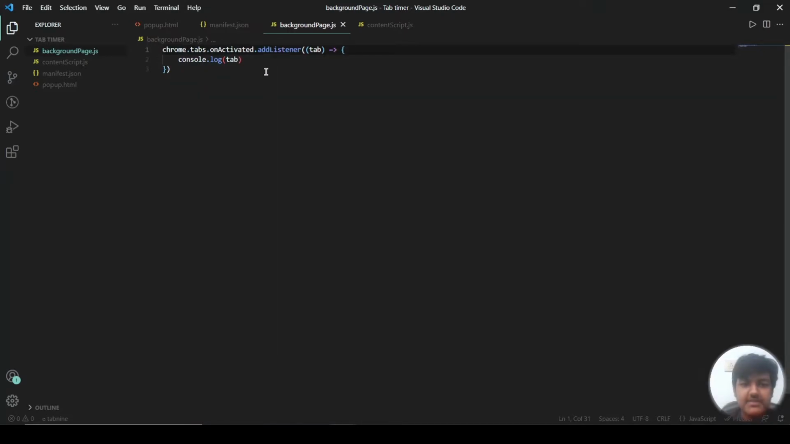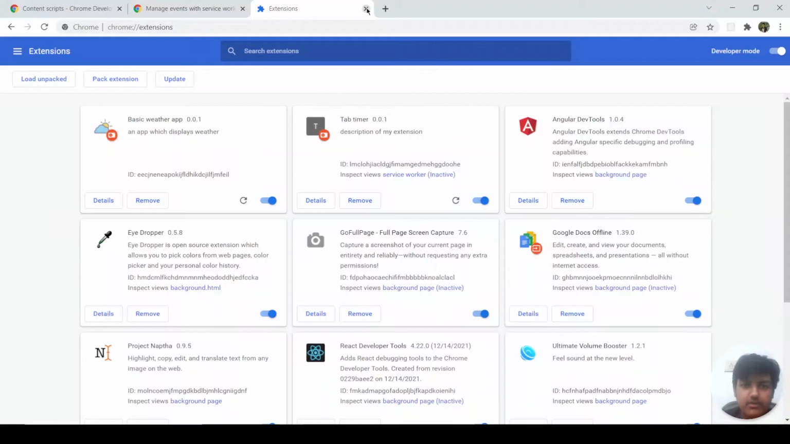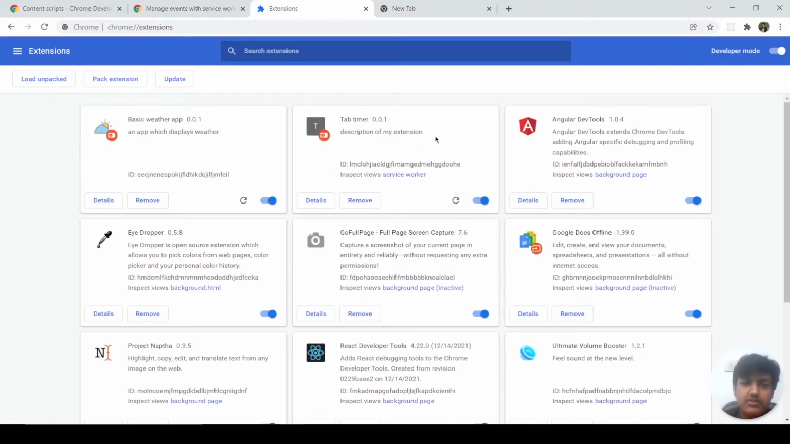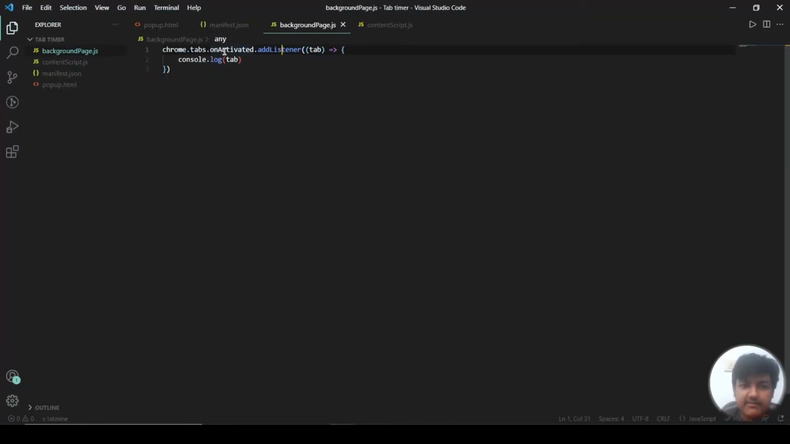Whenever a new tab is activated, or whenever you take the focus of your tab to another tab, something like this is a new tab, and when I move over to this extensions tab, this tab is now activated and this is not activated, so it will give the information of this tab. And whenever a new tab is activated, add a listener to it. This listener will listen and give me a tab as the data, and let us check what this data is